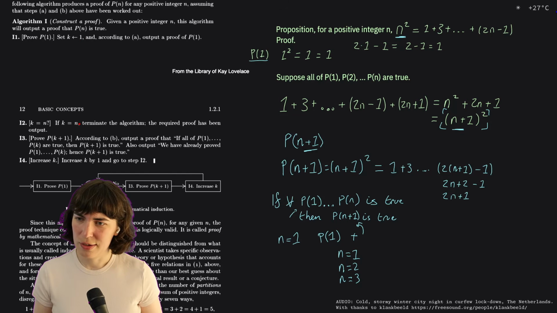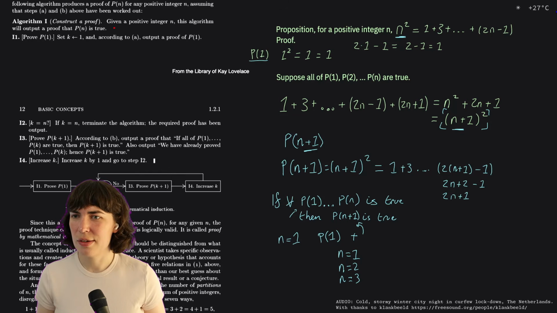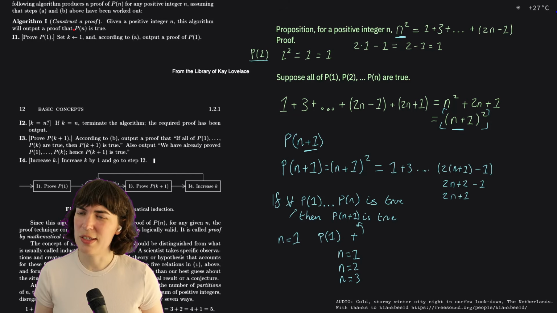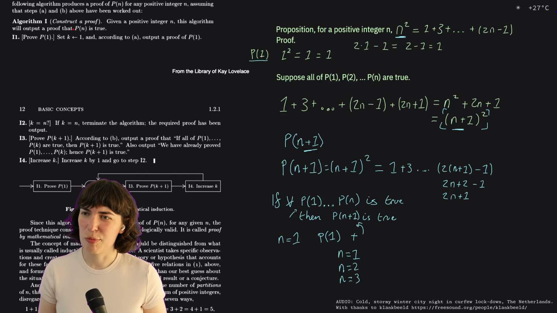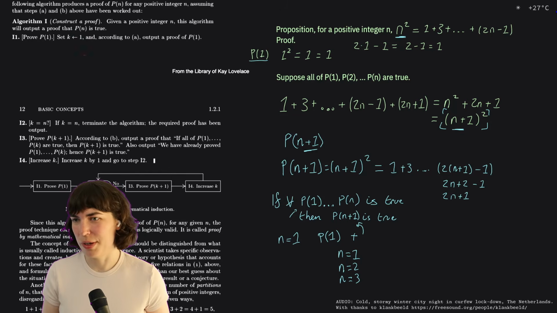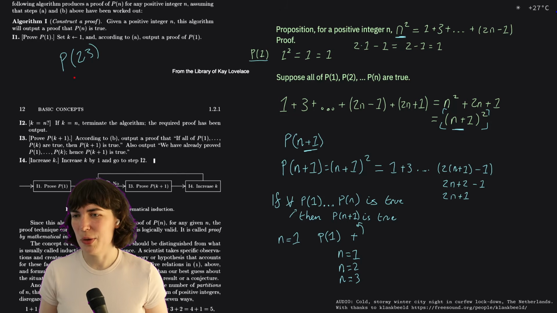If k equals n. Right, okay, so this isn't to prove the thing in general. This is to prove that Pn is true, where n is going to be an actual number. So it might be like, I don't know, P23. And to then, okay, so what he's saying is induction is, you could sort of construct an algorithm based on an inductive proof where you